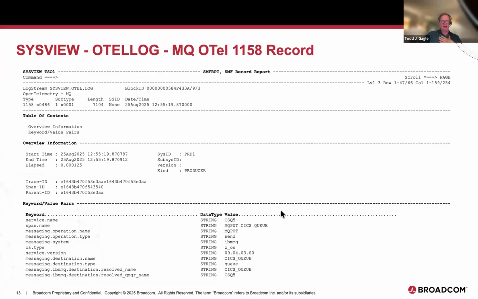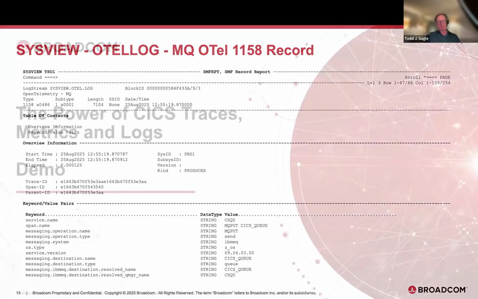This next one is just a snippet so I can show you what that same MQ record looked like. It's going to be identical. It just has different names and values in it. But for somebody who likes to touch and feel and visualize, this is a simple tool that lets you see activity running through your system and get an idea of what's really going on.